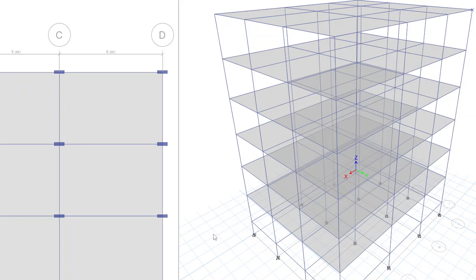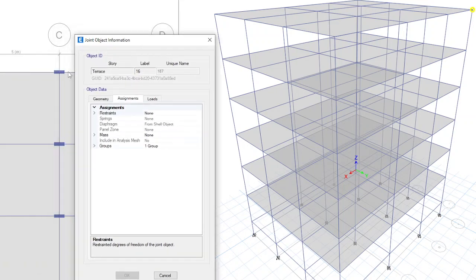You just close that and go to the 3D view, and just select the topmost corner node. The beam column junction is there, no? Just select any one node. Yeah, topmost is better. You have selected the node, right? What is the node number? Just right click on that node.